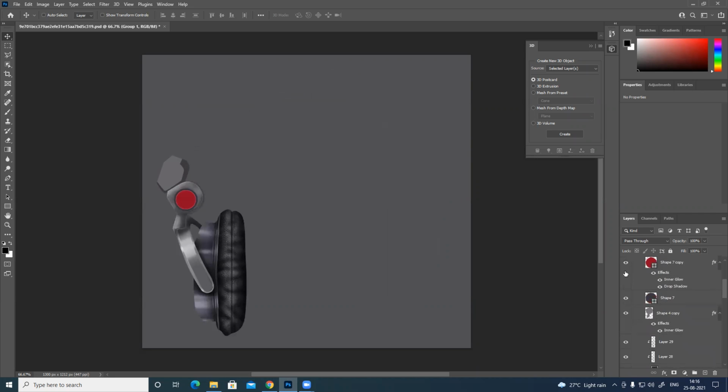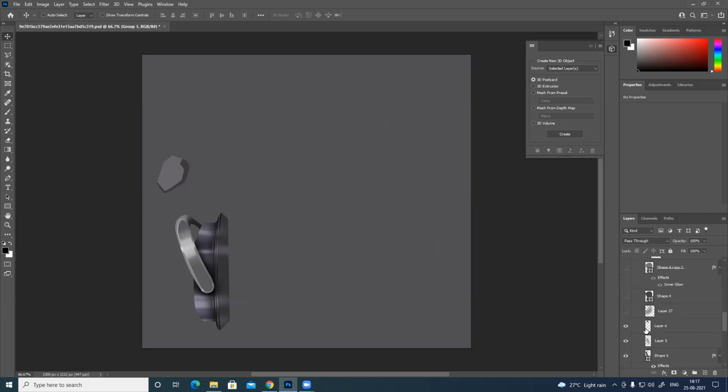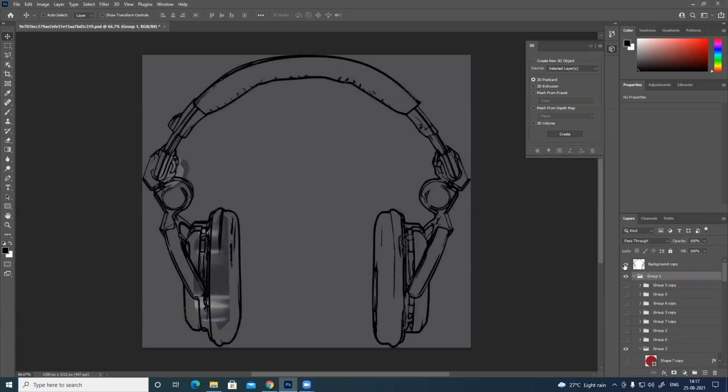Here you can see all layers. So everything manually painted. And this is just the basic shape. I traced out this image. You can see,